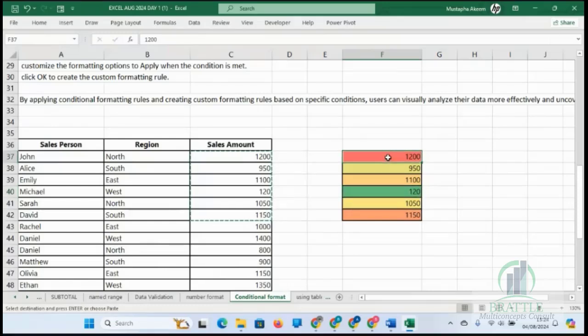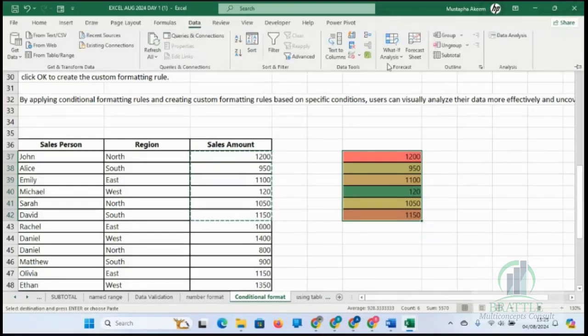It means that the color keeps coming down, and finally the greener is the least number. Those are the ways by which we can present and explain our data with just a color. We use conditional formatting to relate our data with colors only.